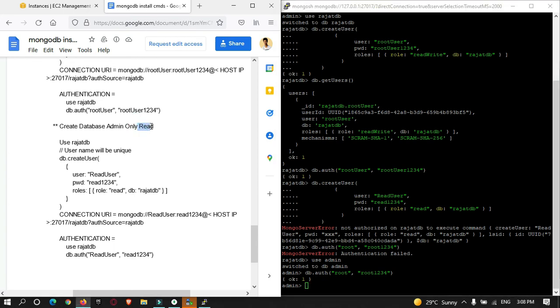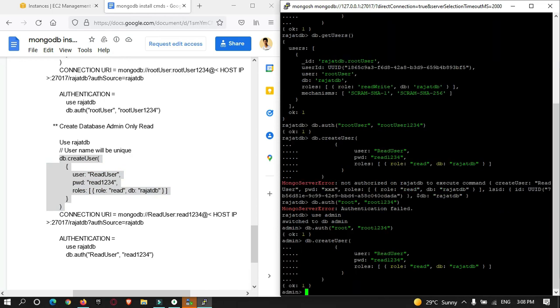Okay, so this is the read access. So I will just copy this query. Okay, sorry, after running this command, that is authenticating, I need to switch back to this user's database, RAJATDB.